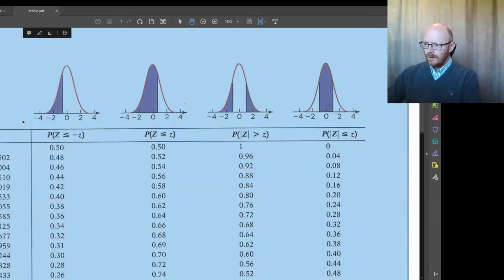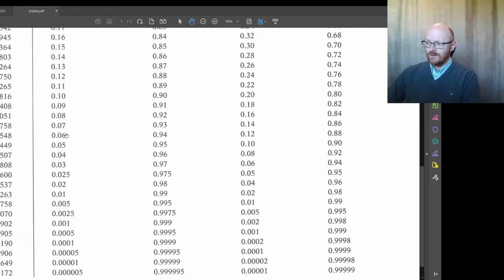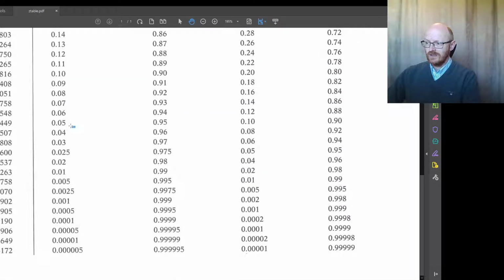Okay, so what we do want is for the tail to contain 5% of the total area,